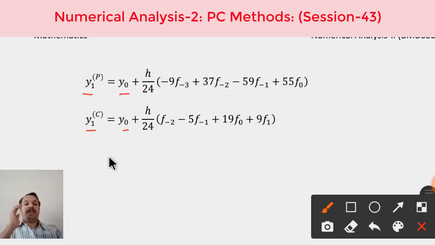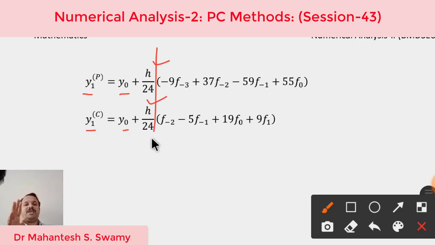This formula in the Adams-Bashforth formula is going to be something different in Milne's predictor corrector formula. I will come to that later on. Here it will be y0 and here it will be y2 in the next case. I will tell you how it happens in the case of Milne's method. Don't get confused; we will discuss it at that moment. Now here both are y0 and both coefficients are h by 24. Very easy to remember this portion. And now only these increments are to be remembered. Please have your own technique to memorize them.